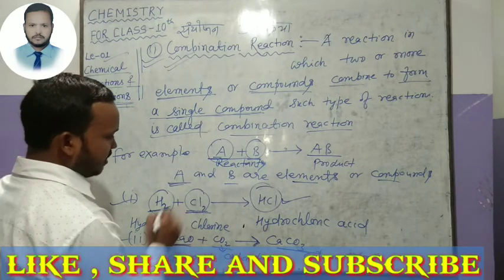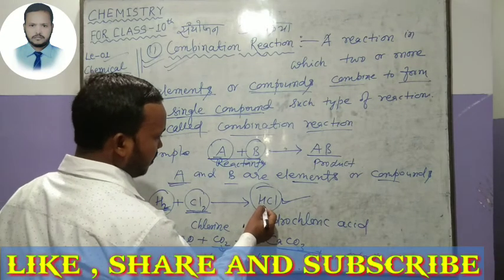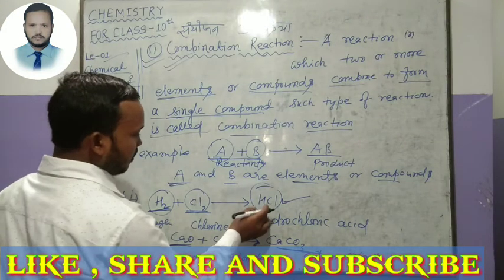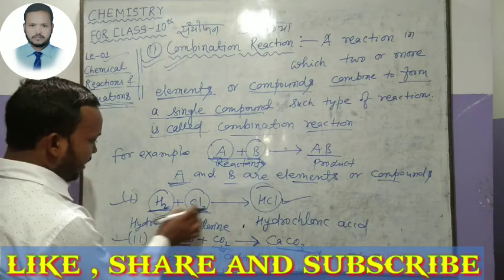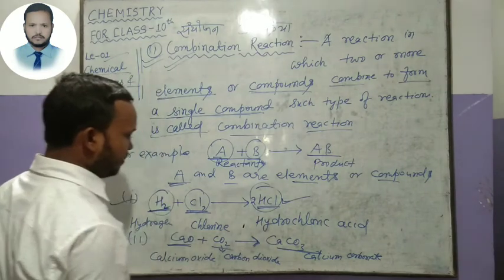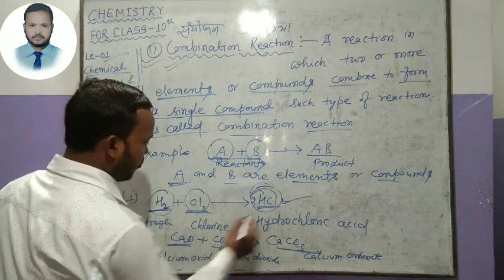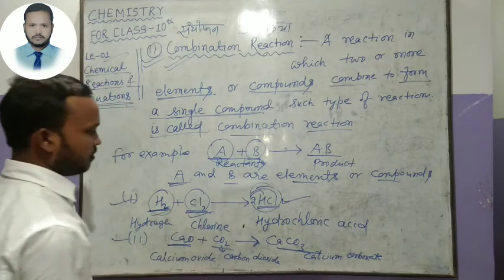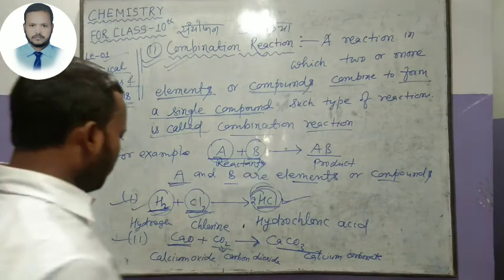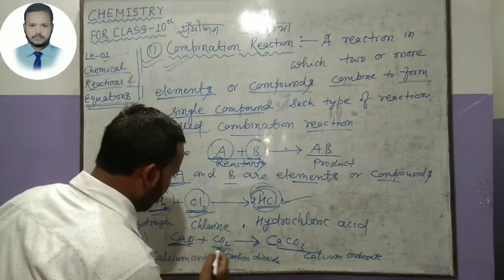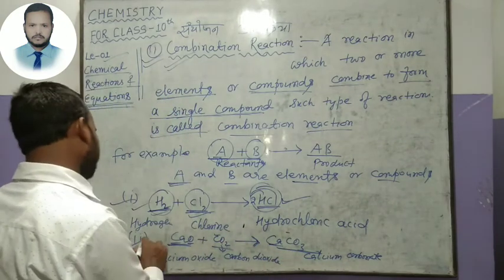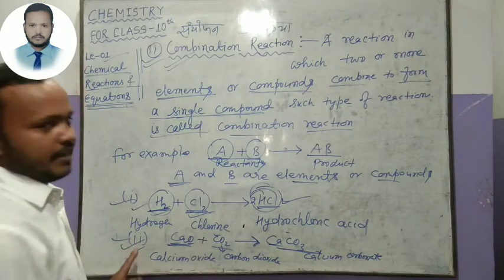Hydrogen 2 and calcium 2. That means here only one hydrogen, one chlorine. Sorry students, this is chlorine, not calcium. So 2 and 2 here. If I multiply hydrochloric acid by 2, then this is the balanced equation: 2 hydrogen, 2 chlorine, that is 2 chlorine and 2 hydrogens. So we can say that this is a balanced equation. Second, same calcium, oxygen 1 and 2, that is oxygen 3, carbon 1, carbon 1. The second example is also already balanced.